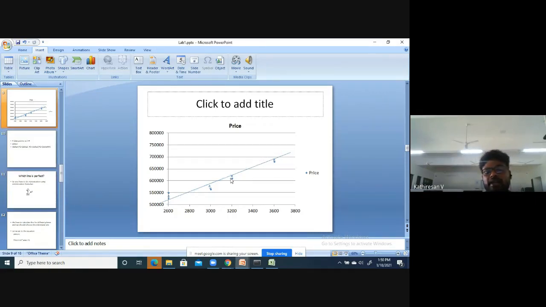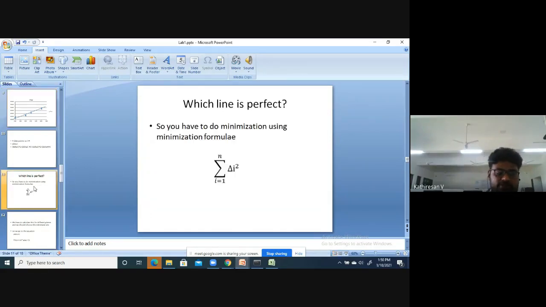To identify the correct line, we have to use this formula. Once you have identified the correct line, then your simple linear regression is done. You can succeed with simple linear regression.